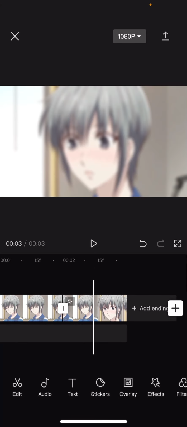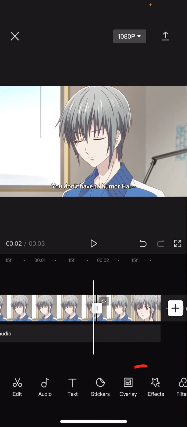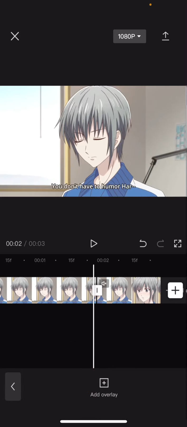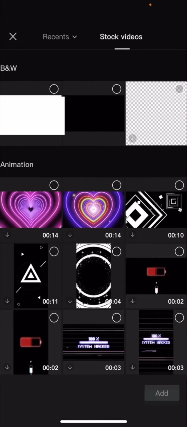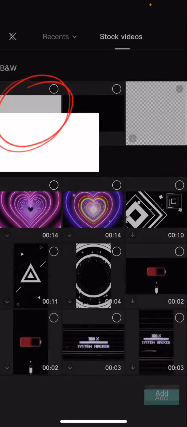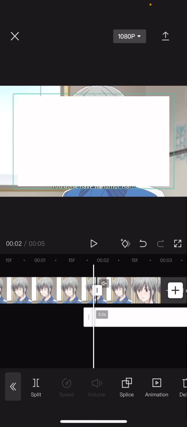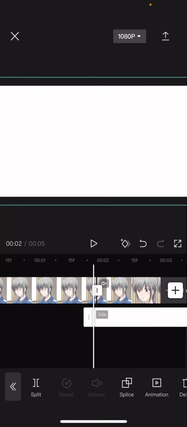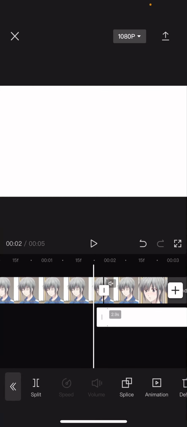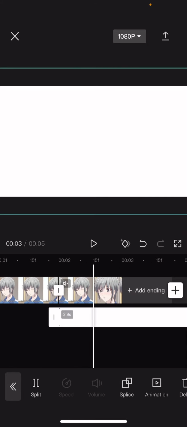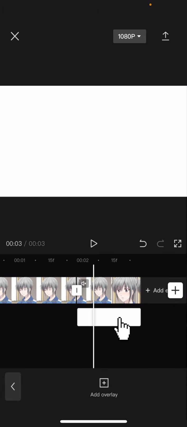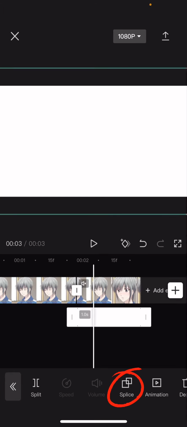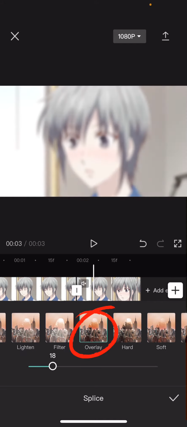go back again, and then you are going to press Overlay, Add Overlay, and under Stock Videos, click on this one and press Add. And I'm just going to resize it so it fits the whole screen. And I'm also going to split it to fit the clip of the video, and then press delete. Click on the white background, press splice and press overlay, and here you can adjust how